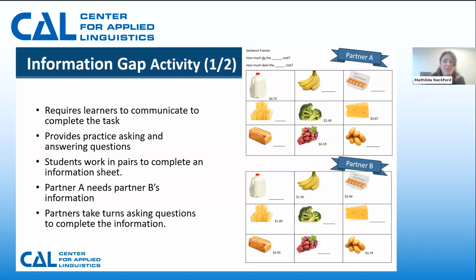Information gap activities can be built on functions that learners carry out in their daily lives, such as this example with the groceries. So you can see in the example, they also have sentence frames that they can choose from. They can practice the singular or plural. They can practice the verbs do and does. And it also provides practice with saying numbers as prices, and with grocery vocabulary as the words are not provided and they have to find the vocabulary for those words.